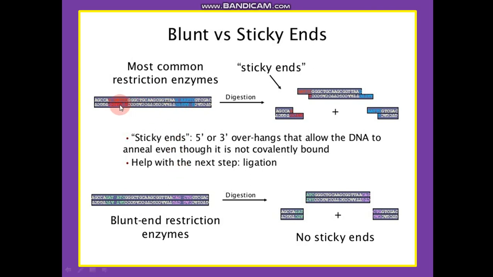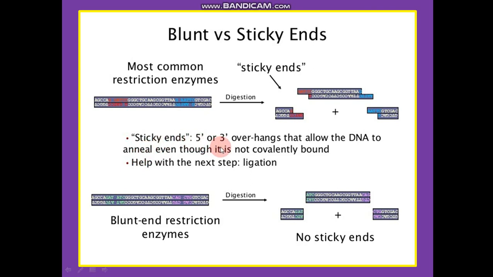This is the sequence. You can see the small nucleotide sequence is being written over here. Now here, when digested using the restriction endonuclease, they will produce this kind of ends, staggered ends. See, the red portion is cut from this side and this side, the blue portion is cut from this side and this side. So it will produce protruding ends. These are protruding sticky ends. See, staggered, they are not straight, they are a zigzag kind of cutting. So these we call sticky ends.